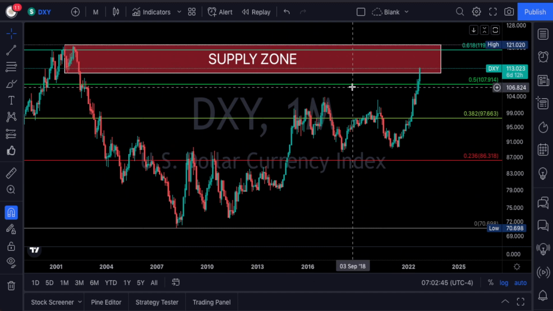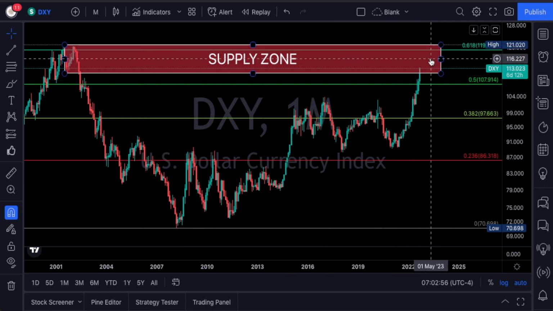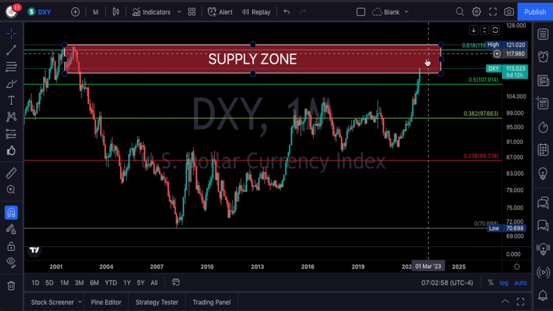Those are levels. What has happened now is that the dollar has penetrated the supply zone. This is where supply will give it some restriction. This is going to be a nice little selling area where the bears will want to participate, and this is where the battle will begin. I just wanted to show you these levels to keep an eye on.